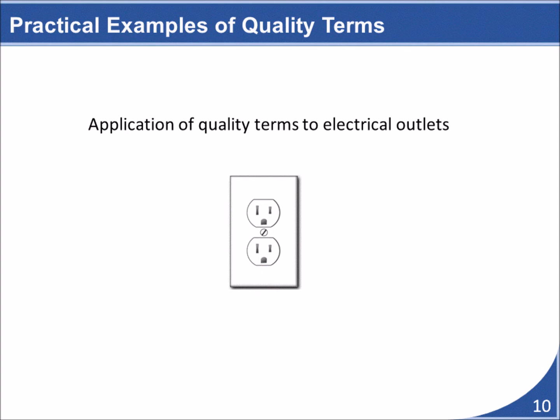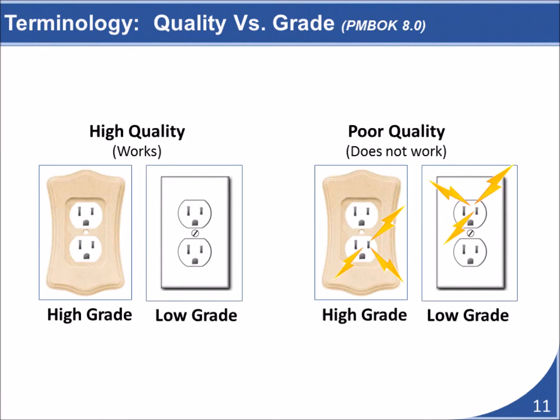We'll use the simple outlet switch that we find in all of our homes to demonstrate each of these terms. The outlet switch is what allows us to access power for our various devices, but the outlets come in many different forms. Some are fancier than others, and thus might be considered to be of a higher grade because they have a different set of characteristics, even though they fulfill the same requirement. Furthermore, if an outlet switch does not work or is of poor quality, then it is unacceptable, regardless of what